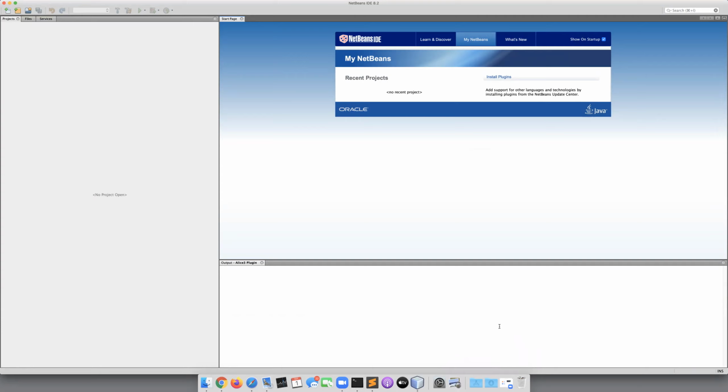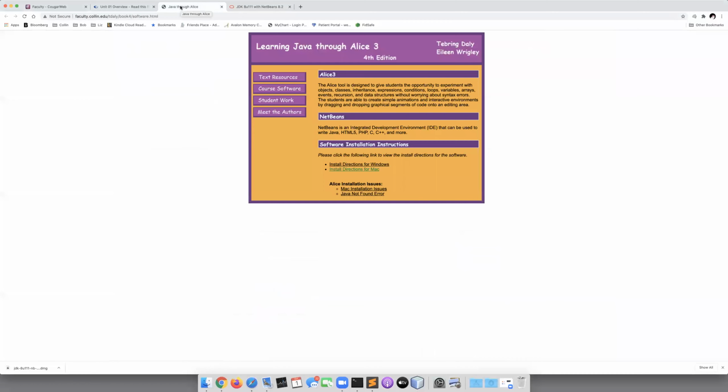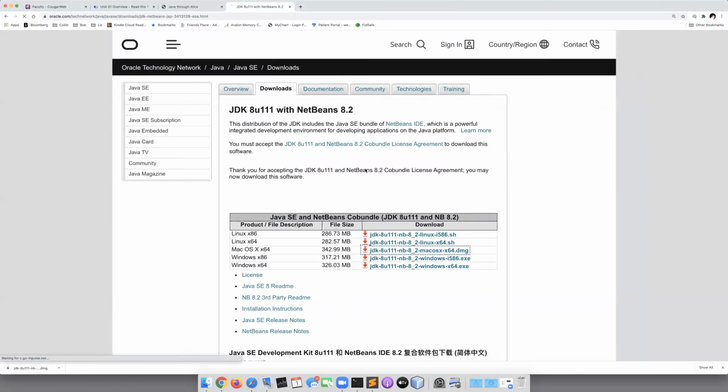All right. We'll spend time on how to use this program later. Okay. So let's just go ahead and close this by clicking on the little red circle on the upper left. Okay. So we have completed the first step, a really, really important step. Now, the next thing that we're going to have to do is come back over here to our directions for the Mac and go to the link